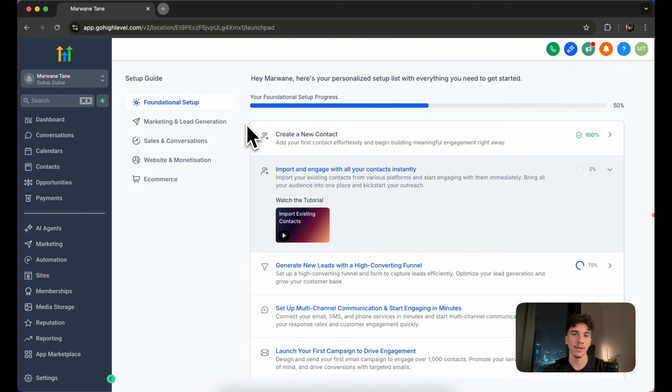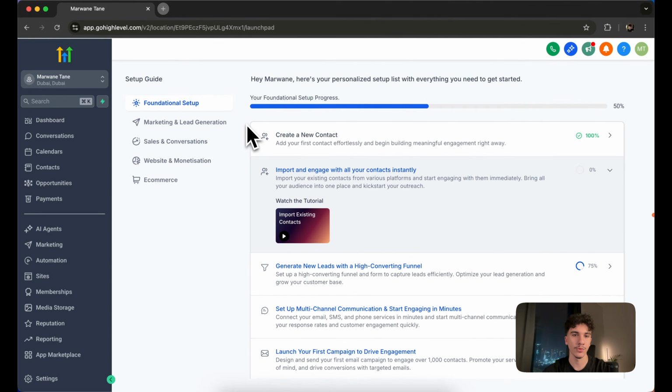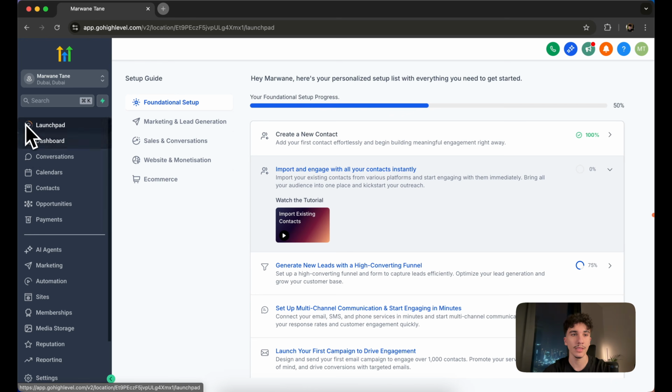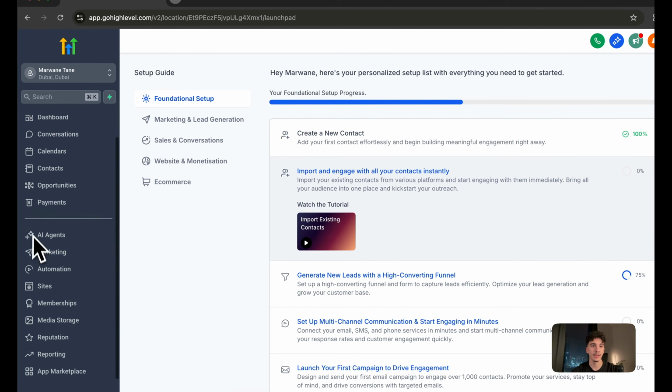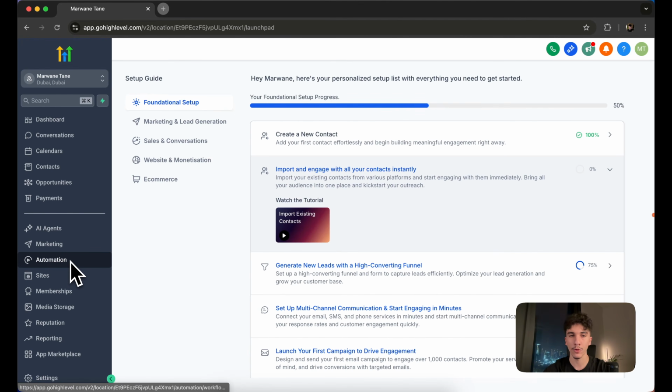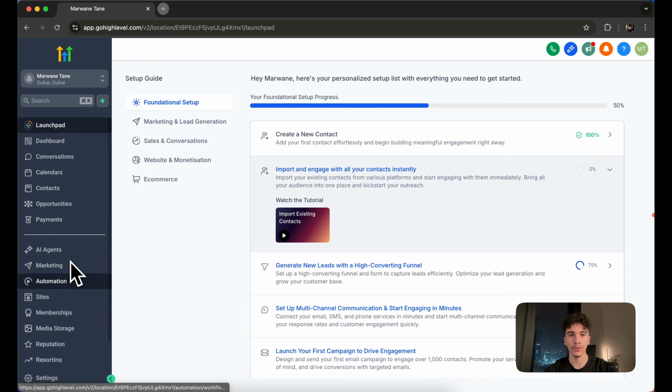Alright guys, so I am now on the interface of HighLevel and the dashboards. Now there are a lot of features. This tool has many different features that basically everyone can benefit from. And obviously I will not go through all of them because otherwise the video will last for like 5 hours. But I will go through the main ones and the ones I think are the most essential, the most important,